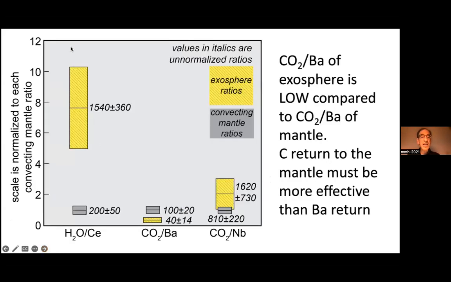Another way to say that is, if we focus just here, if the CO2-barium ratio of the mantle is about 100, the CO2-barium ratio of the surface is far lower. Barium is an incompatible element. It comes out and gets stored in the continental crust. CO2 is an incompatible element, comes out and gets stored first in the atmosphere and the oceans, but then eventually limestones. But then somehow the CO2-barium ratio is lowered so that it is not the same as what's coming out of the mantle.